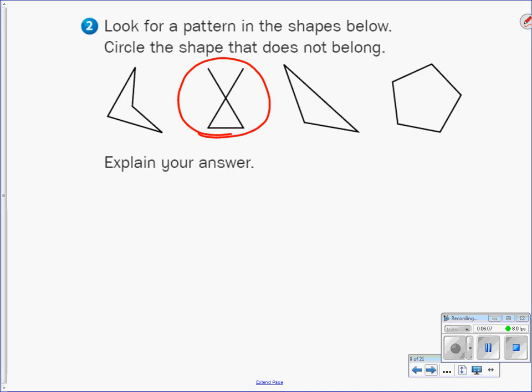We look at this one once again. It is open here at the top, and it does something else. It crosses there in the middle. And remember, those were 2 things that we said that a polygon could not have. Okay, so explaining your answer,